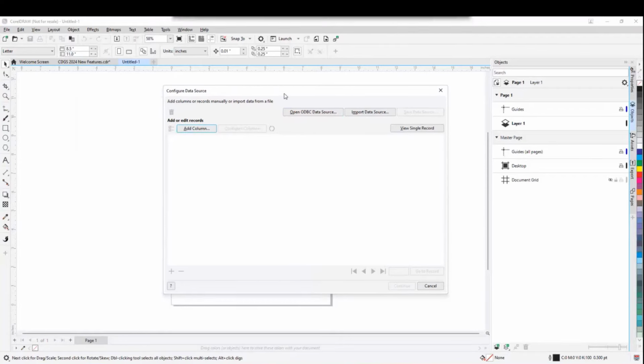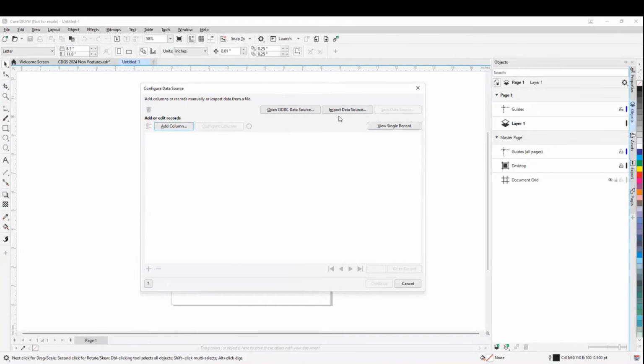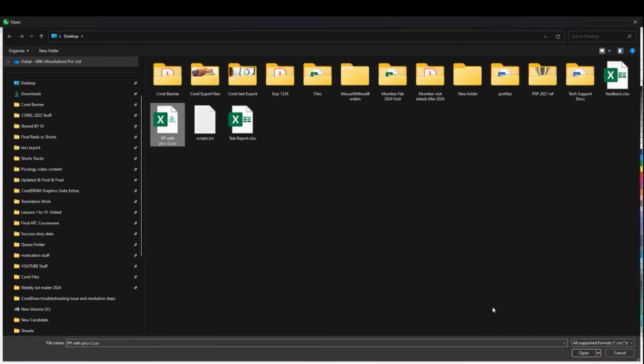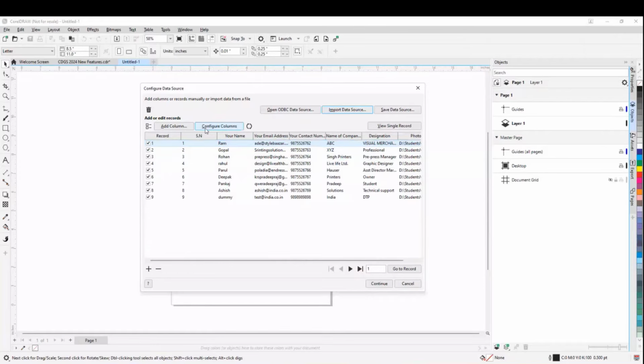Now you have to browse the file. It can be a CSV file, Excel file, TXT or RTF. Now when you browse the file, you can make changes over here directly if it is required. So double click